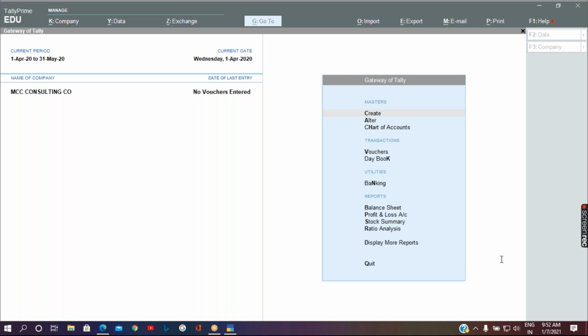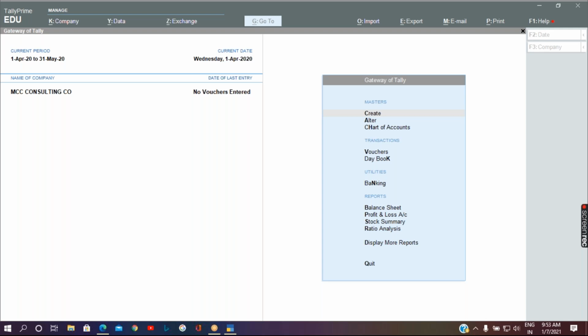Okay, so which are the situations where you are going to use contra transactions? If there is a cash deposit, cash withdrawal from bank, and transfer of money from one bank to another bank.